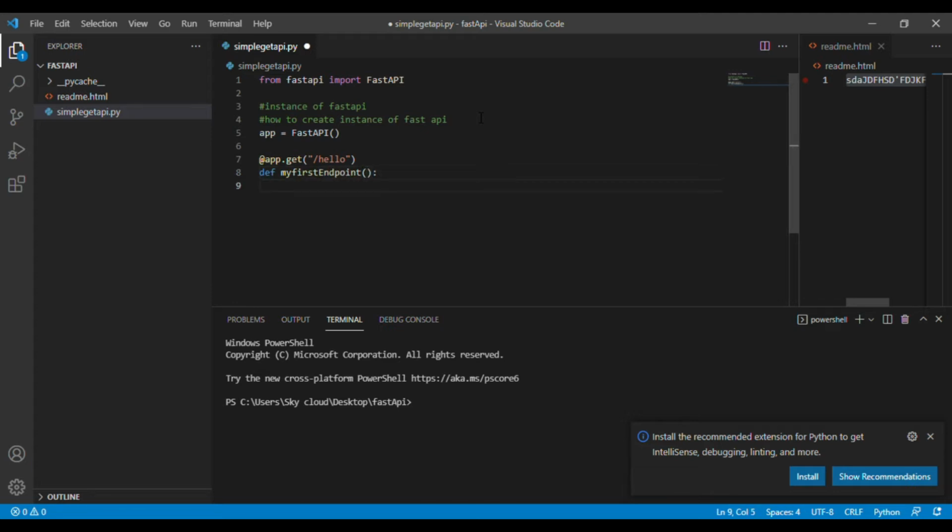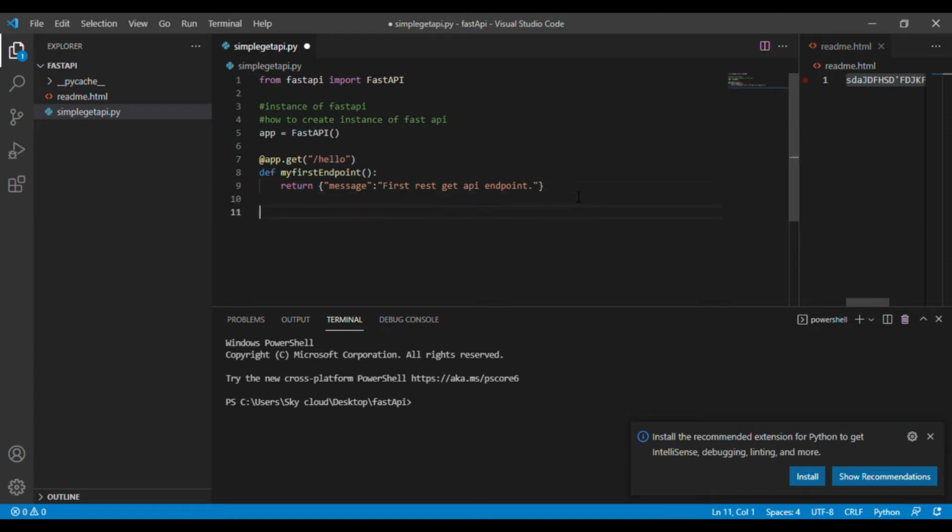After that I'm returning a message, "This is my first REST get API endpoint", which will be printed. So this program creates an endpoint slash hello, and it will return this message.